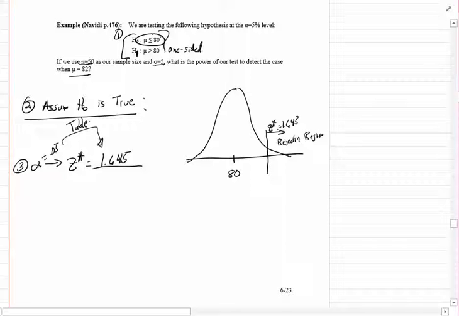How do we know it's one-sided? Because our alternate hypothesis is only concerned with mu greater than 80. If it were mu does not equal 80, it would be two-sided. So we can only reject the null hypothesis if we get numbers not